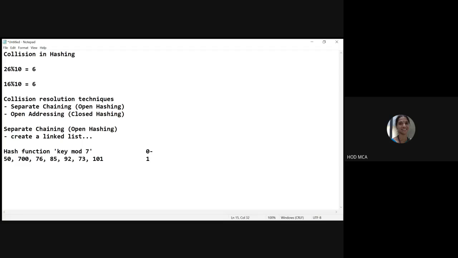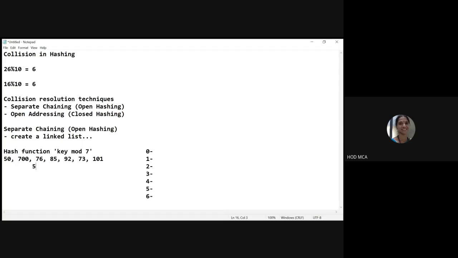Since it is key mod 7, we should have 7 locations in the hash table: 0, 1, 2, 3, 4, 5, 6. So you have 7 locations in the hash table. We have to see based on this function where we can store, and if there is a collision occurring, what we should do. So now let us take up each one separately.